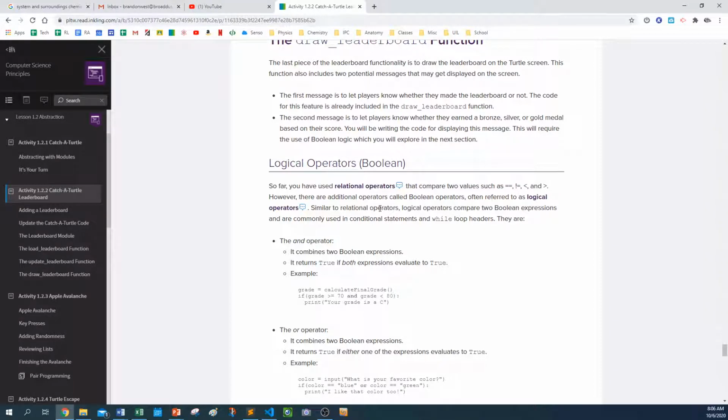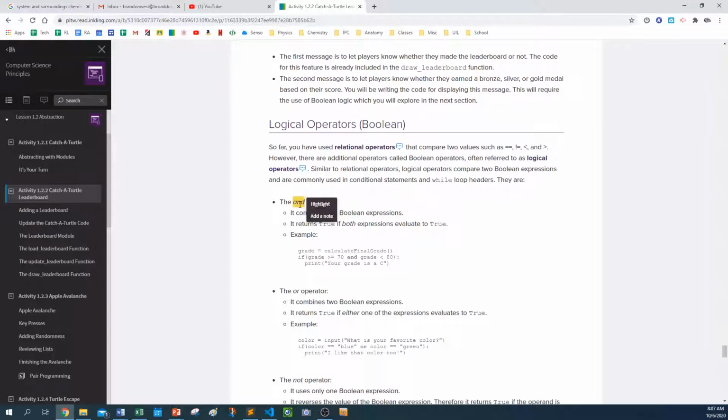However, there are additional operators called Boolean operators, often referred to as logical operators. I call them Boolean operators. Similar to relational operators, logical operators compare two Boolean expressions and are commonly used in conditionals and while loop headers. They're the AND operator. So in Python it is and. I'm curious